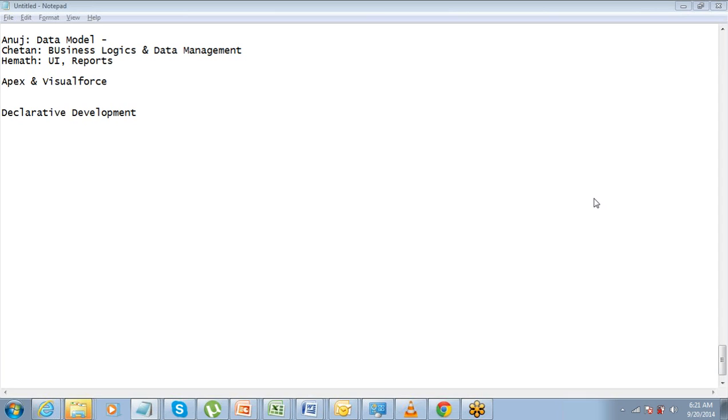So Salesforce has kept it pretty simple. All the declarative customization development goes into 401. That is what I showed you, right? Now comes the programmatic side of it. So that is what we are actually going to get into.